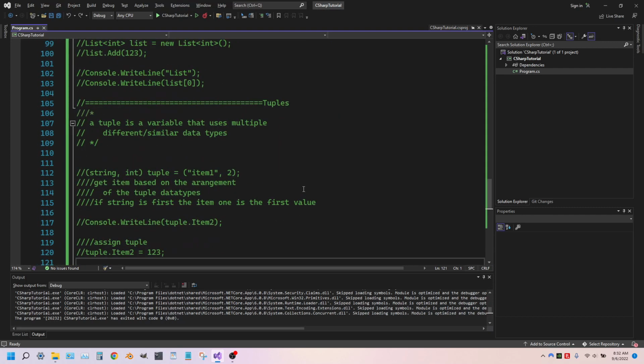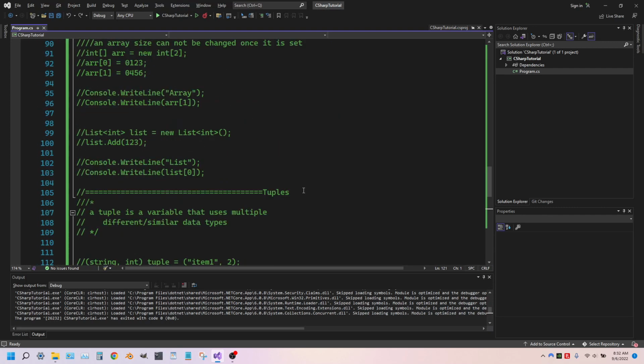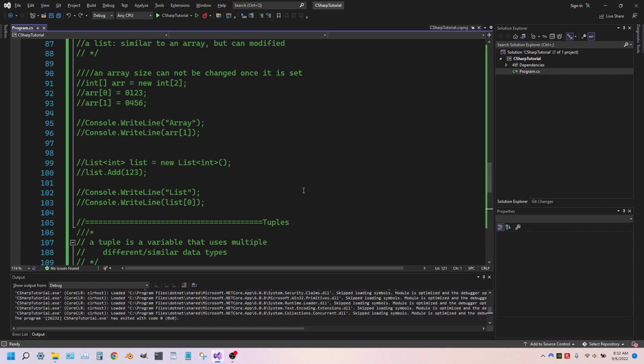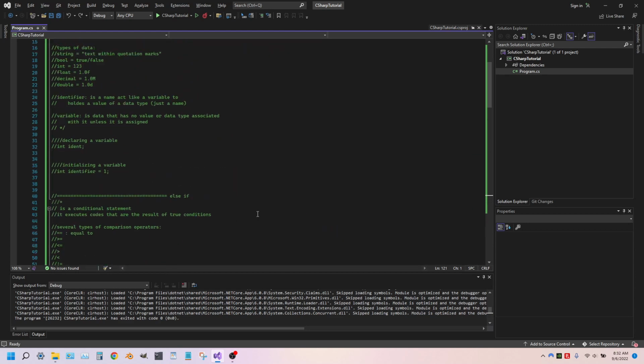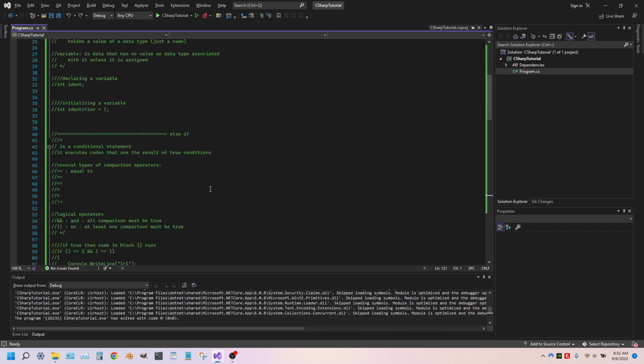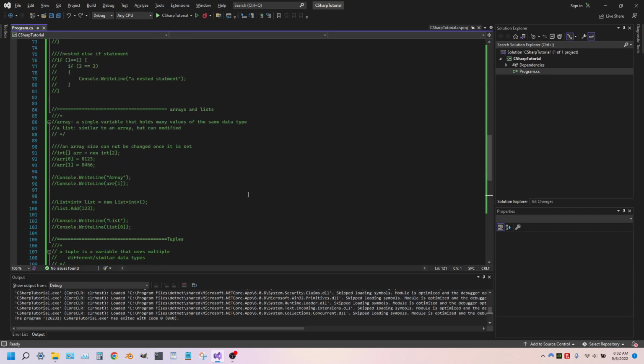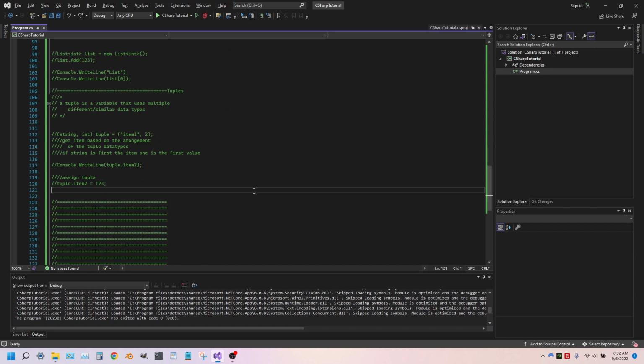I'm going to go over how to use the notes that you've been taking from me. You might have been taking notes from me. These notes are broken into sections: data types, else if, arrays, and so on. The reason they're broken into sections is to learn them more efficiently, because